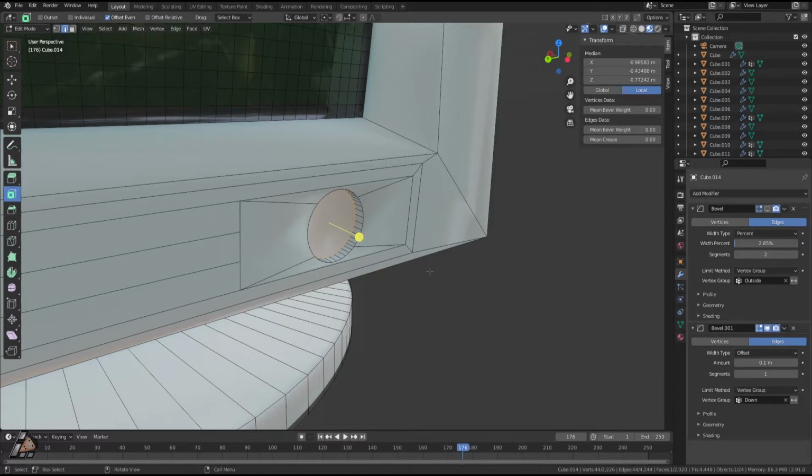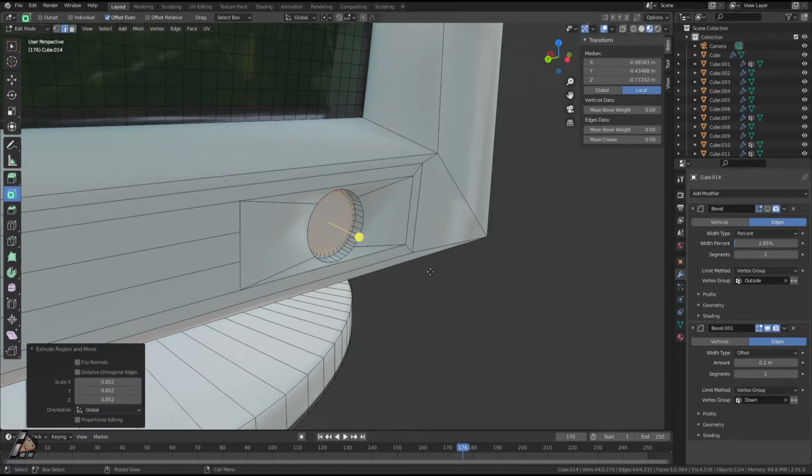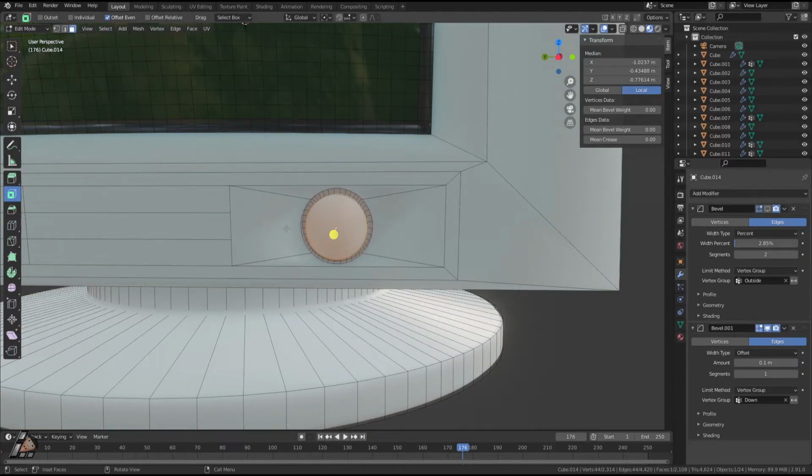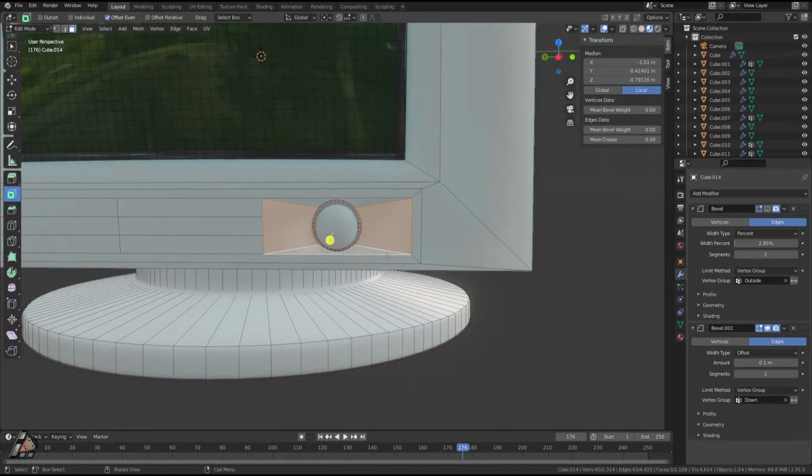We want to have a little button. Okay, so in order to have a little button, we're gonna have to press E, scale it down, and get this guy a little bit up around. Yeah, it looks good. So what we could do is basically